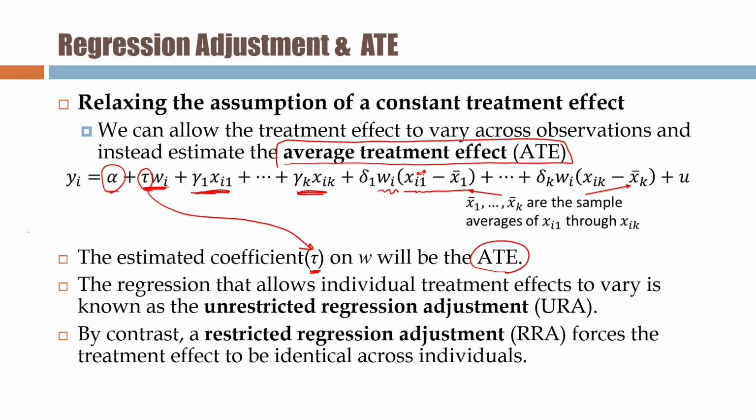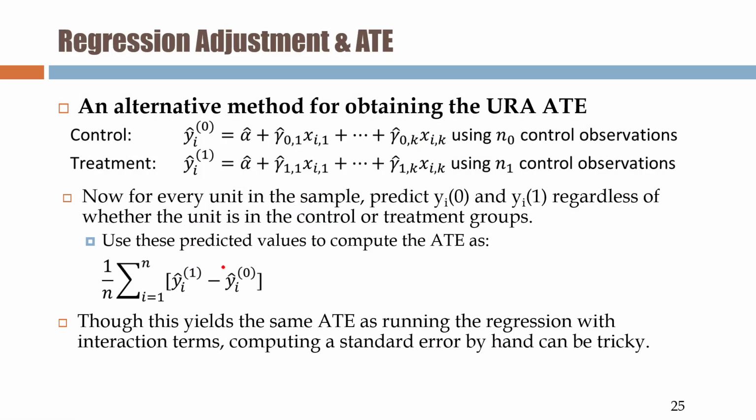They use the indexing the opposite way I use it. The problem of this mu1 is we cannot get the real average, so we will use x bar. Just replace with x bar and run this regression, and then you get tau. Then this tau will be your expected ATE. That's why this is the estimated coefficient. Okay, so I will show you the